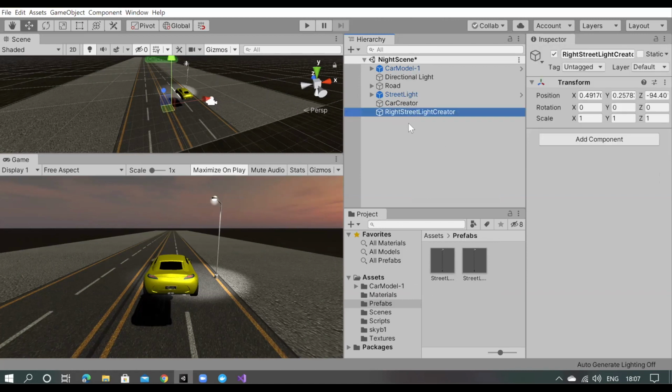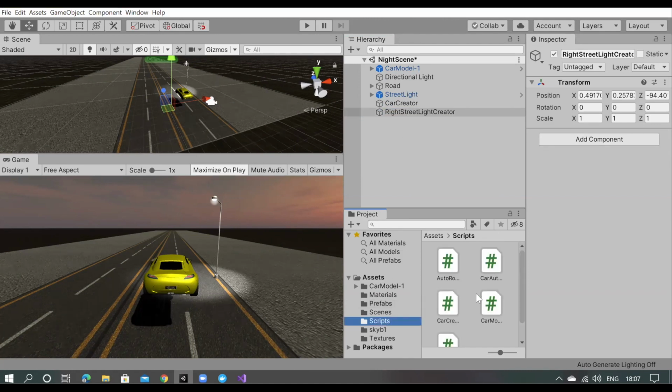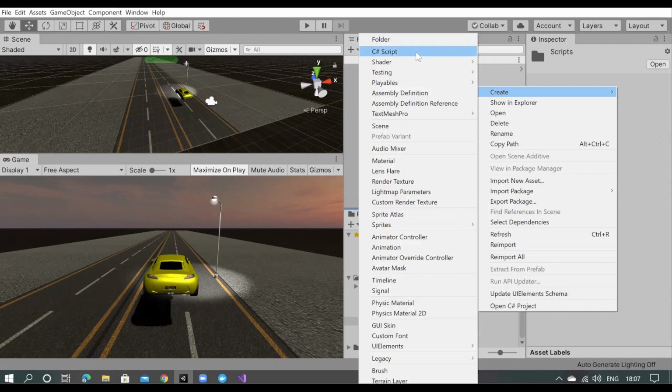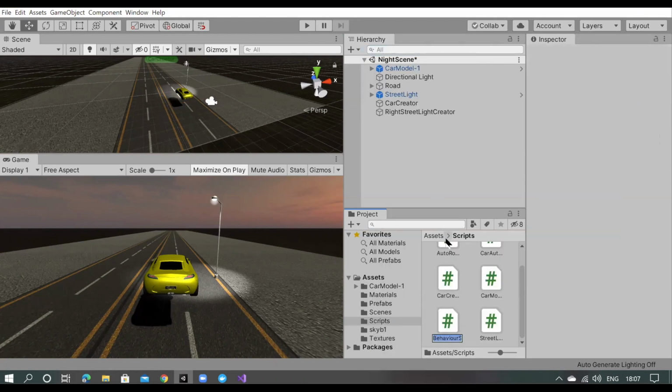I have created an empty object, and I'll create a script for that.